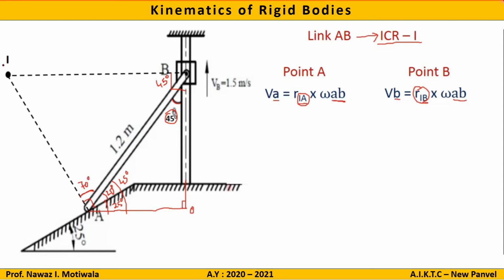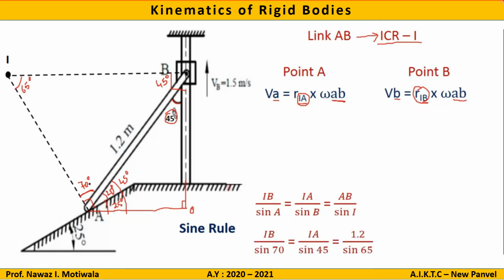Now in this triangle AIB, this angle is 45, this angle is 70. So the remaining angle will be 65 degrees. The sum of all the angles of a triangle should be 180. As I got all the angles of the triangle and also one side is known to me, I will apply the sine rule in this triangle. So applying the sine rule, I will get IB divided by sine of the opposite angle, that is 70, or I can write IA divided by sine B is equal to AB divided by sine I.